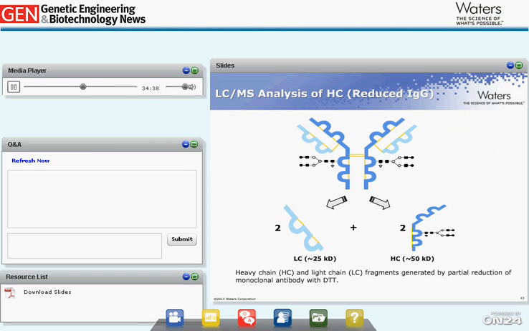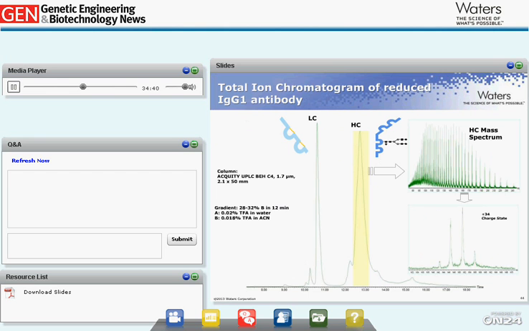Here's what a chromatogram and spectrum looks like for reduced IgG1 antibody. You have light chain chromatogram and heavy chain chromatogram. And if you sum the heavy chain chromatogram, you get the charge envelope. And here is a zoomed-in spectrum of a plus 34 charge state, and it shows the individual glycoforms from this